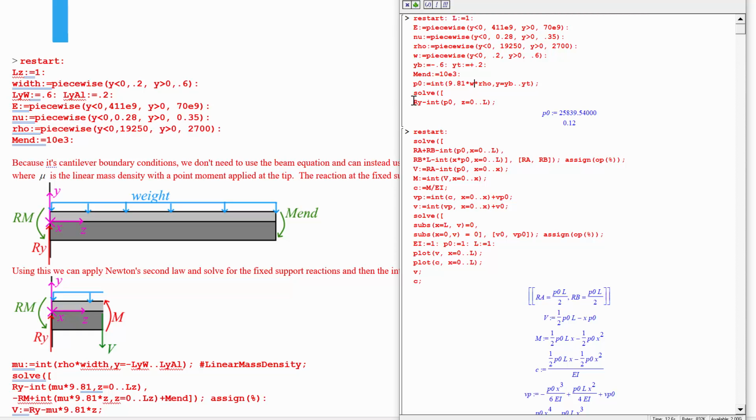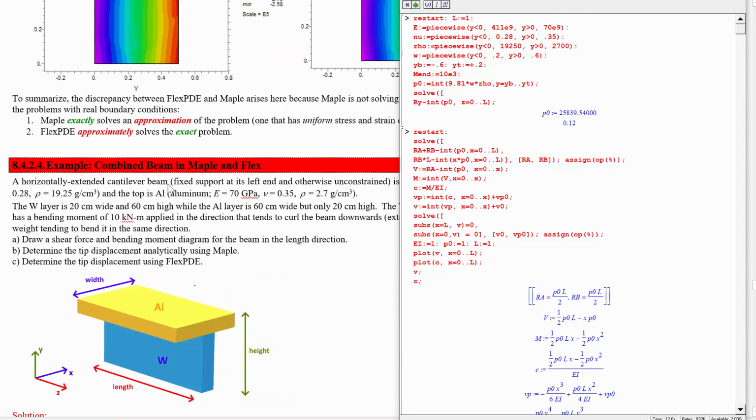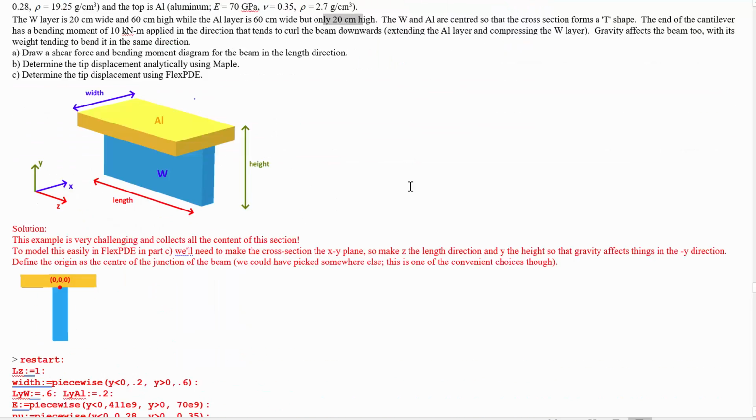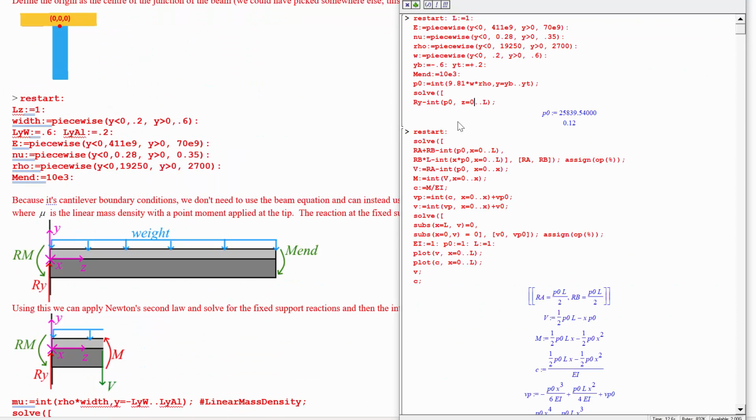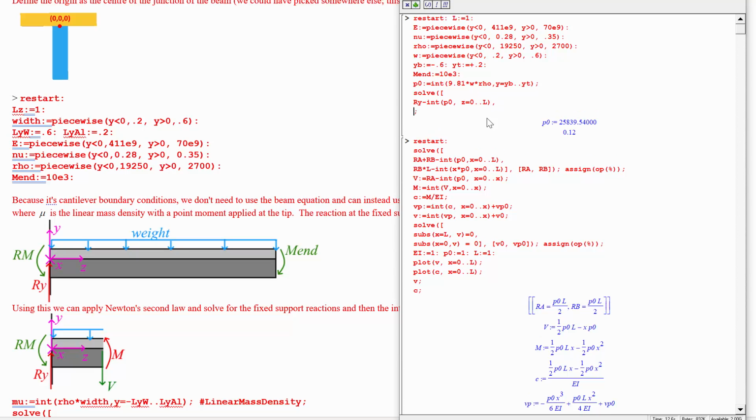L is 1. Was 1, wasn't it? 1 meter long, yes. Okay, so Z is 0 to L, and that's the net force in the y direction. Net moment, net torque, I should say, in the positive x direction into the page there will be